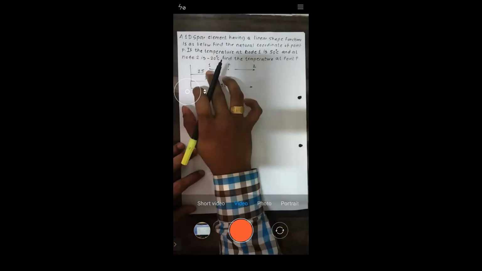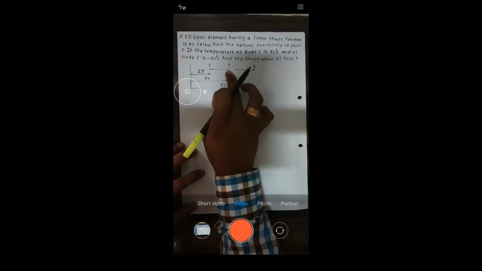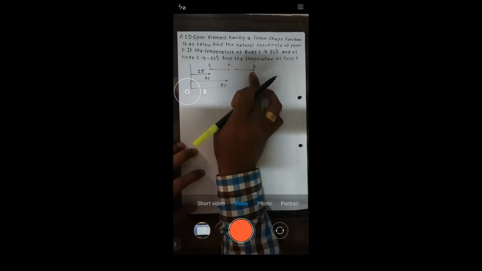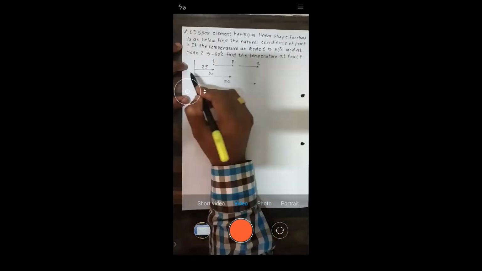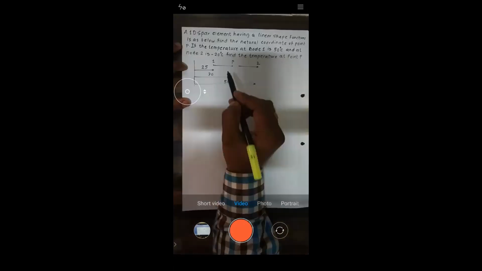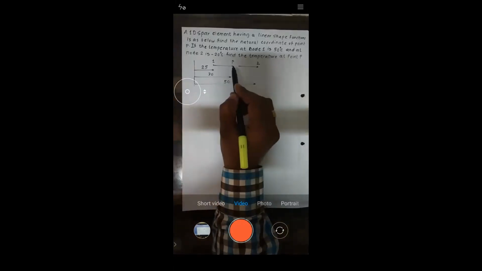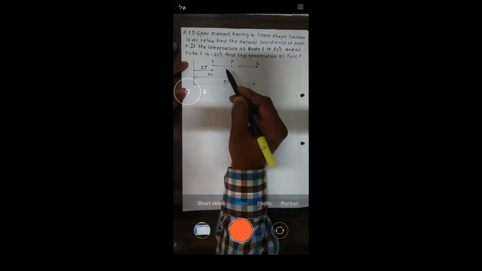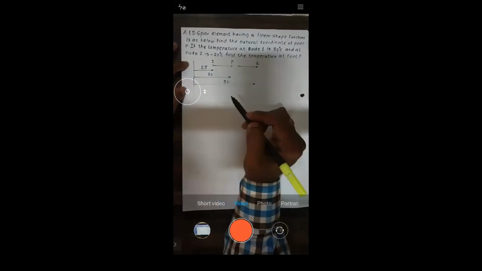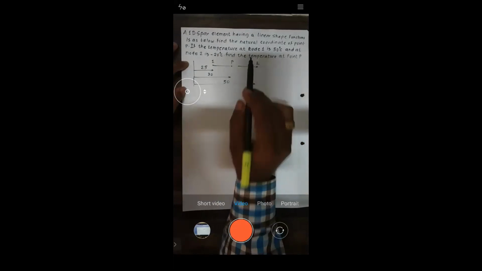See, all of you, what is very basic step in this is, if we can see the location of node 1 or location of node P or location of node 2, it is defined with reference to some other point. Yes or no? They have measured the location of node 2 with respect to the point which is lying outside the element. Similarly, this location of node P, they have measured with respect to the point which is lying outside the element. Again, similar case is going to happen with the node 2.